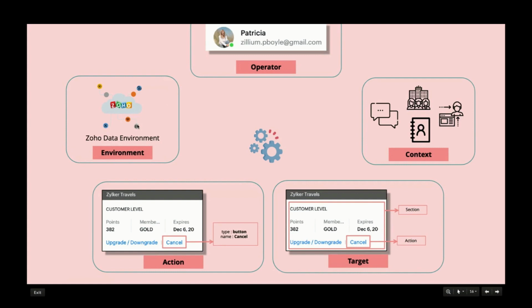Then comes environment. This parameter contains the details of the environment in which the widget is being accessed. Say, for example, the data center in which the widget was invoked, and the language of the operator who's viewing or accessing the widget. So if the operator's language is English, then the widget is going to be rendered in that language. And if it is French, then it's going to be rendered in